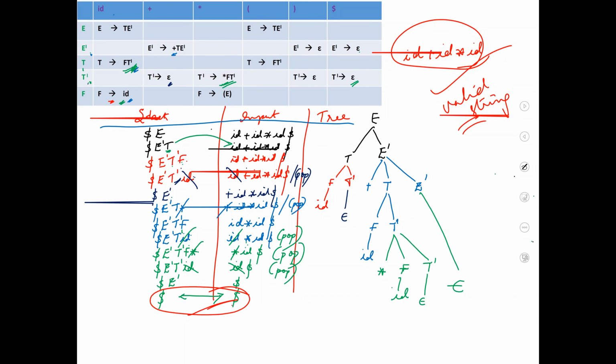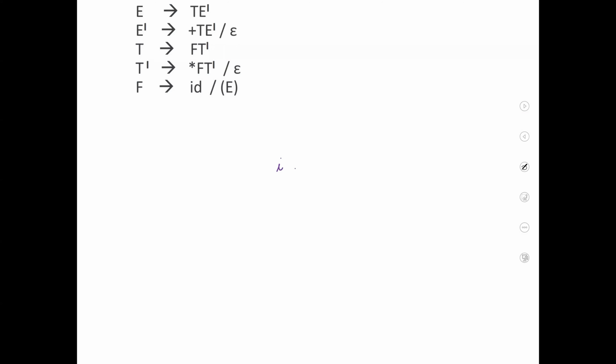Now look into your tree. Let's be very careful when we look into the tree. Take the terminals. Okay, I'll travel from my left, take the terminals. Epsilon is epsilon, so you simply avoid it. ID plus ID into ID. The remaining things are epsilon. So when I look into my tree also, I do get ID plus ID into ID, which means for this particular grammar, the string ID plus ID into ID is a valid string.